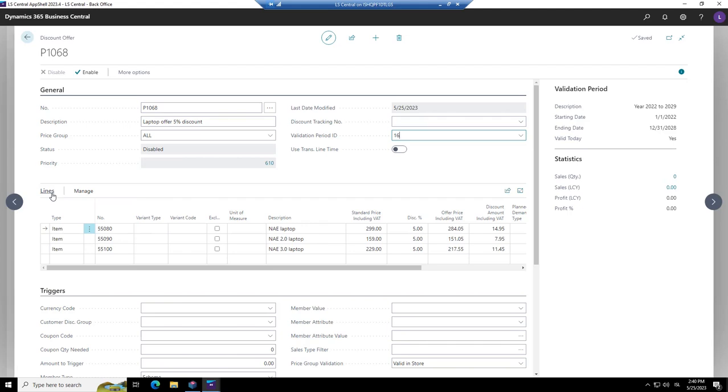Here we put in the lines. Remember what I told you? The offer was only valid for these guys here. For these that are in the NAE laptop, the NAE type. Not for the Pavilion laptop. If we like the offer to be valid for Pavilion as well, we could have added a line here. But the type can be different.